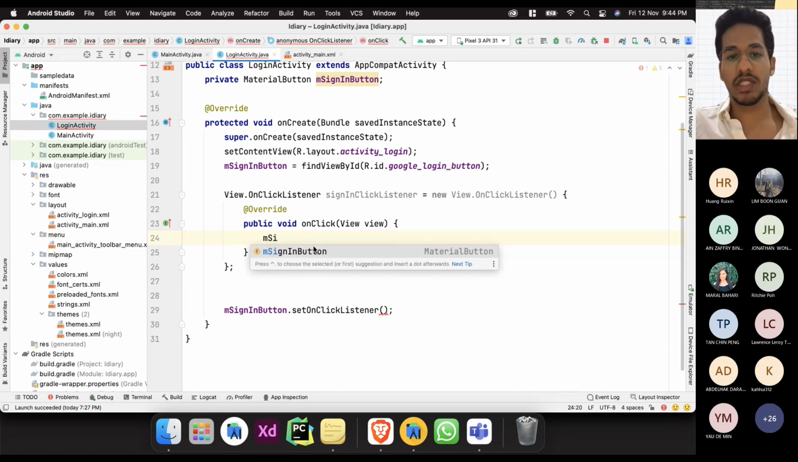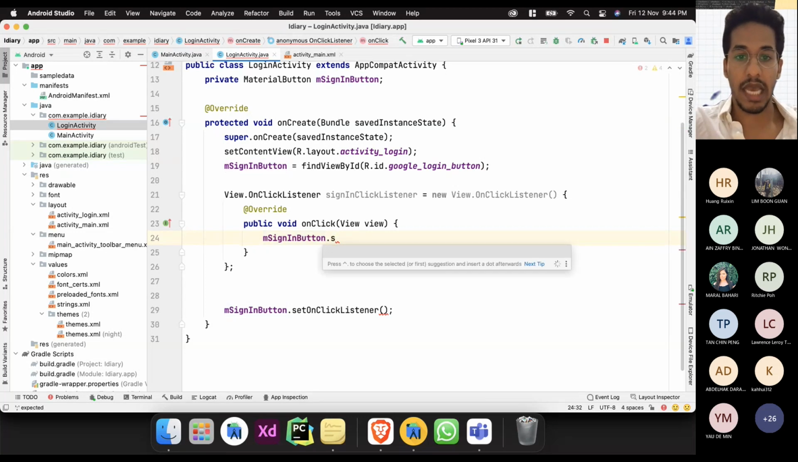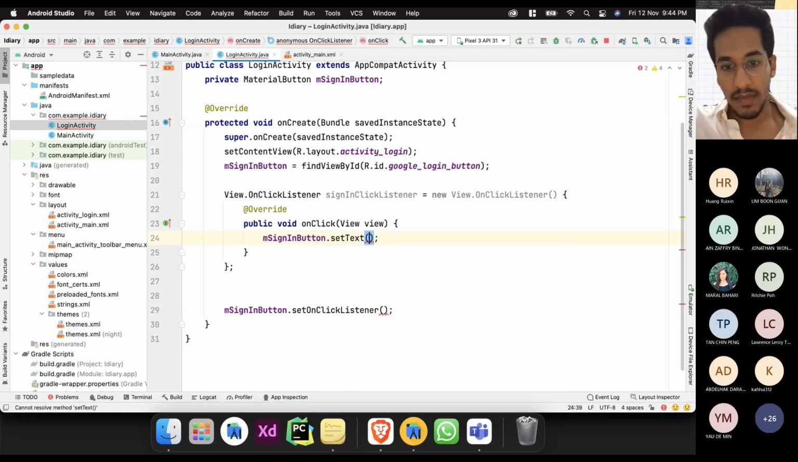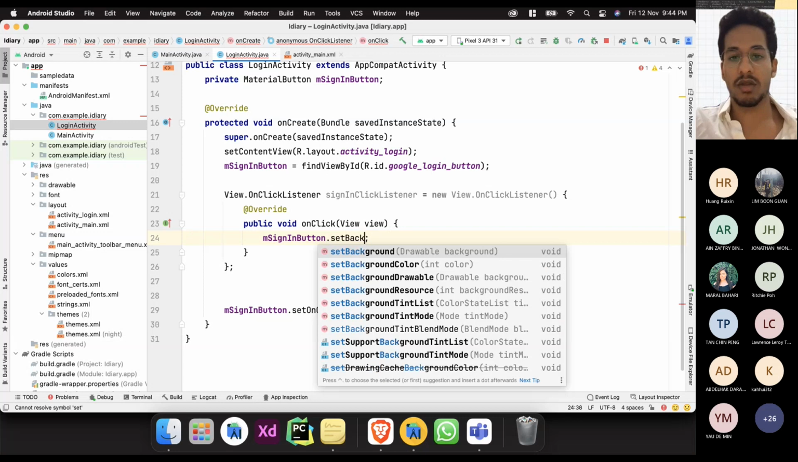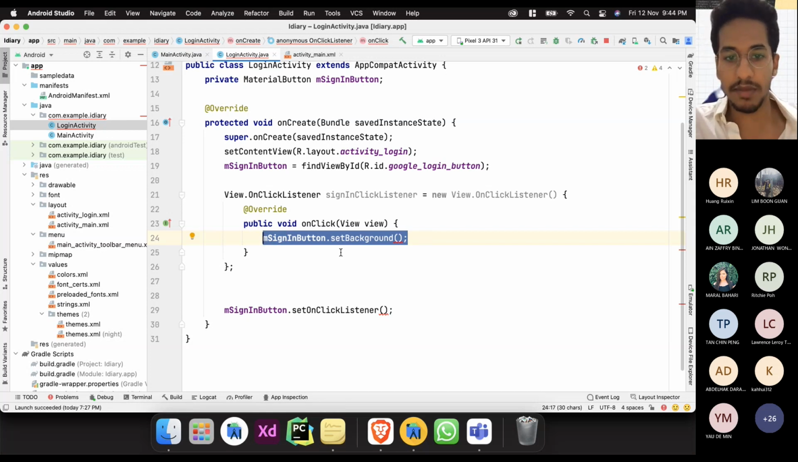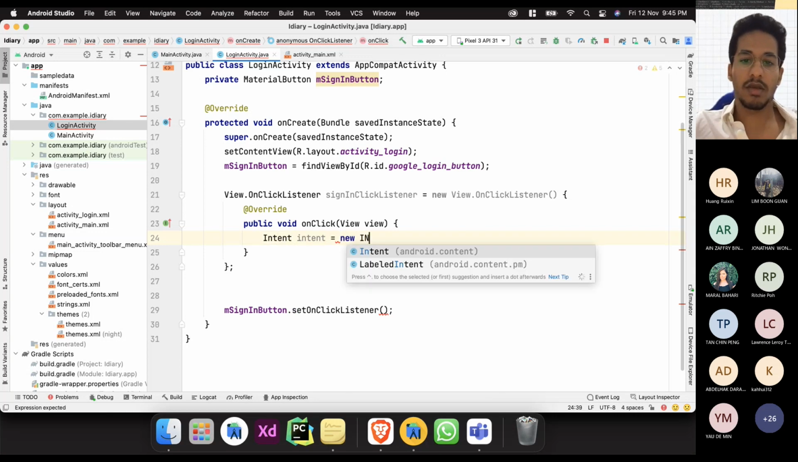You can do whatever you want over here. Maybe you want to change the text of the button. You can do that by simply saying sign in button dot set text, or you can change the color of the background of the sign in button. You can set it to any different color that you would like. However, for our implementation, we want to navigate from one activity to another activity. So what we're going to do is create a new intent, just like I showed in the presentation. New intent,